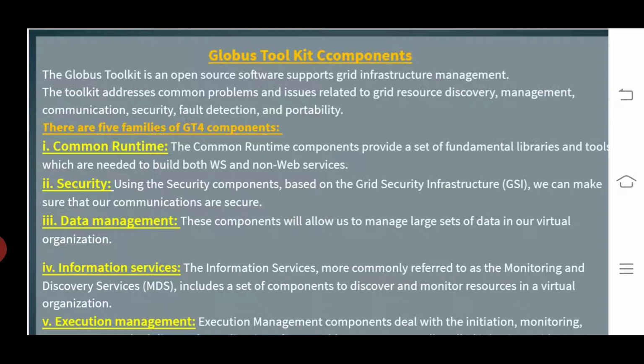Coming to the Globus toolkit components, there are 5 families of Globus toolkit 4 components. Coming to the first one, common runtime.